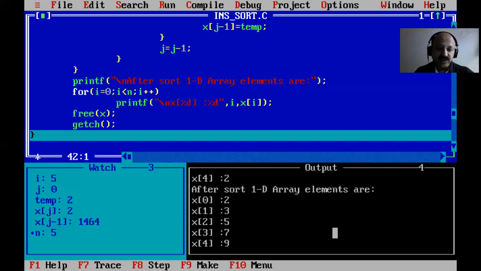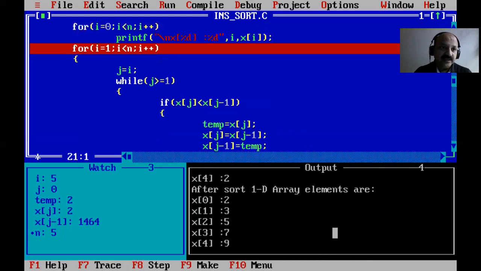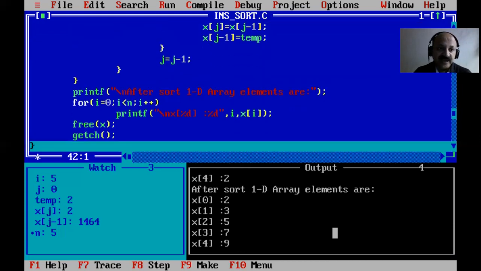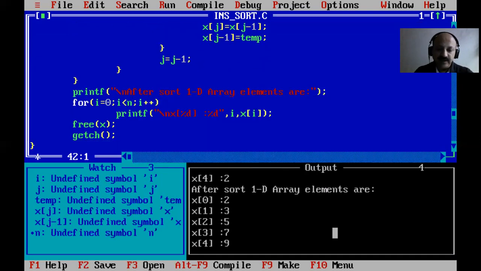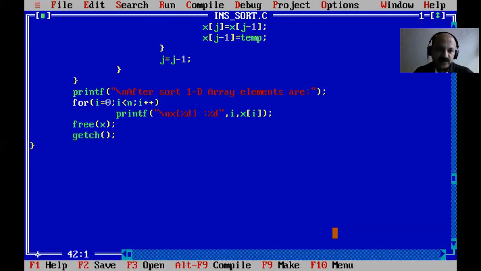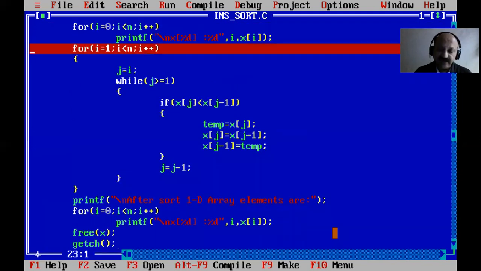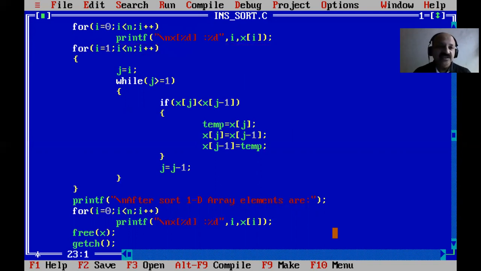So I took the watch window. Now how to remove this watch window? Here, first I press F9, so this selection is gone. You can look here, and now I press F5, so that is full screen. And then you can go to the red line and again press Control F8, so that red line is gone.